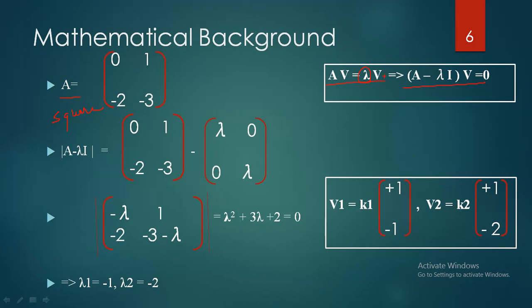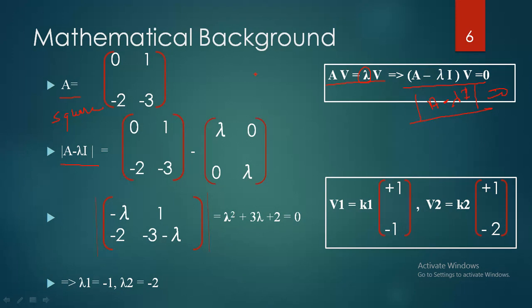Simplify it. So take this quantity to the left side. So you will get A minus lambda identity matrix into V. Recalling solving the homogeneous equation using matrix, in order to get the non-trivial solution, the determinant of A minus lambda I should be 0. Now let us compute this determinant here. So A minus lambda into identity matrix.